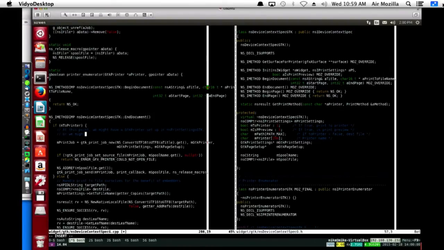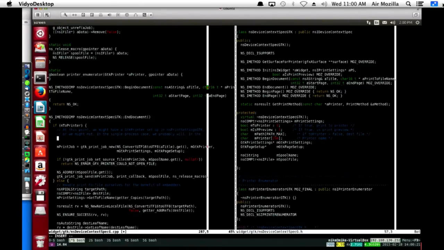Or we might not. In the single process case, we probably will. In the multi-process case, we definitely won't. I should probably go into more detail about what this means.